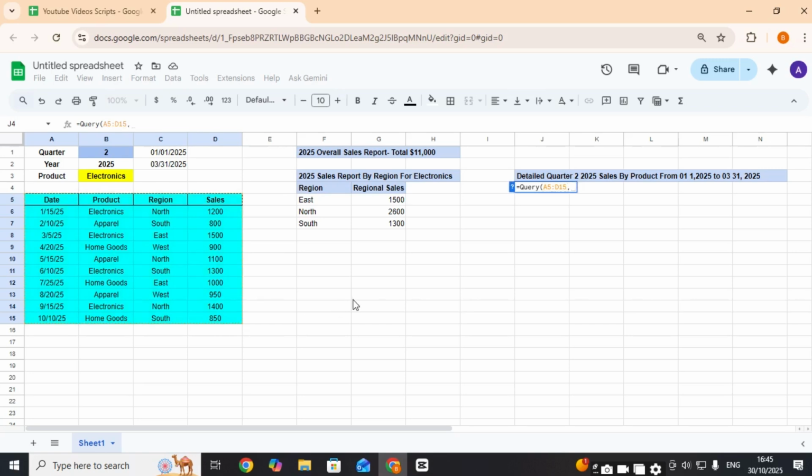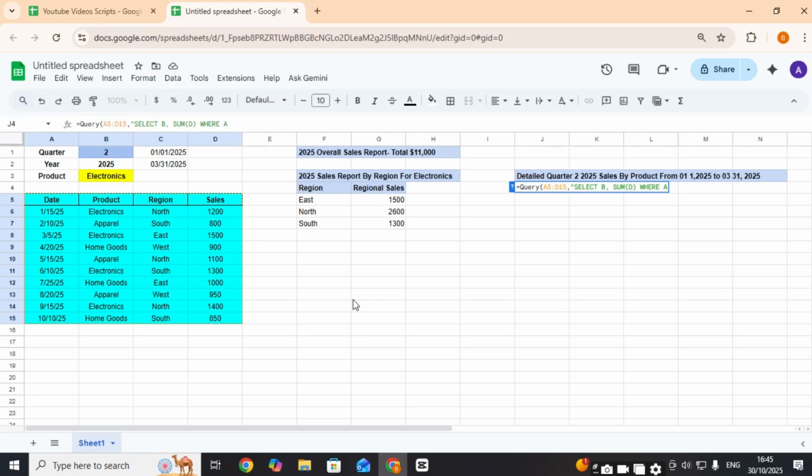This time we're using product instead of region. Then we're going to sum our sales, which is column D, where, for the condition, sorry, A is greater than equal to date,